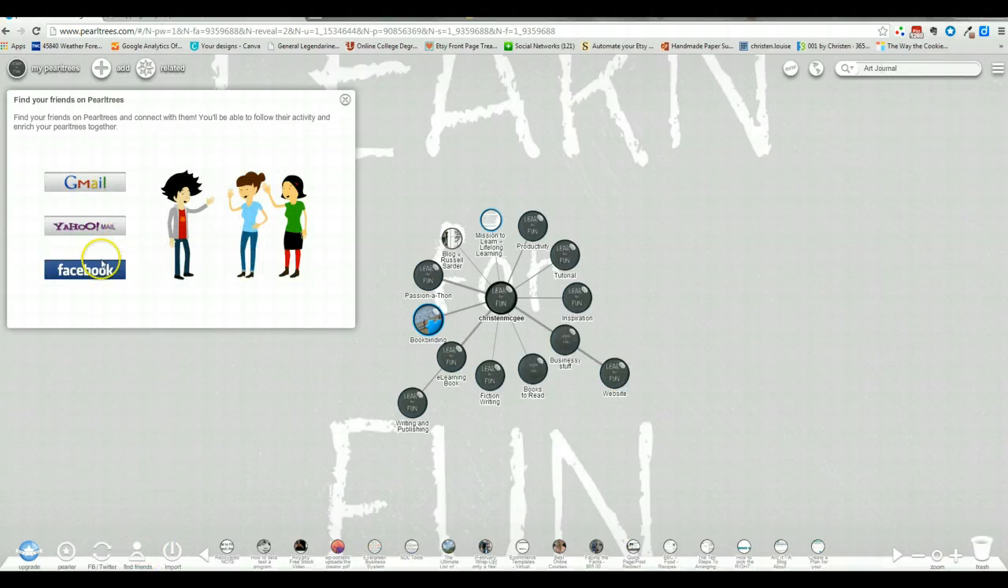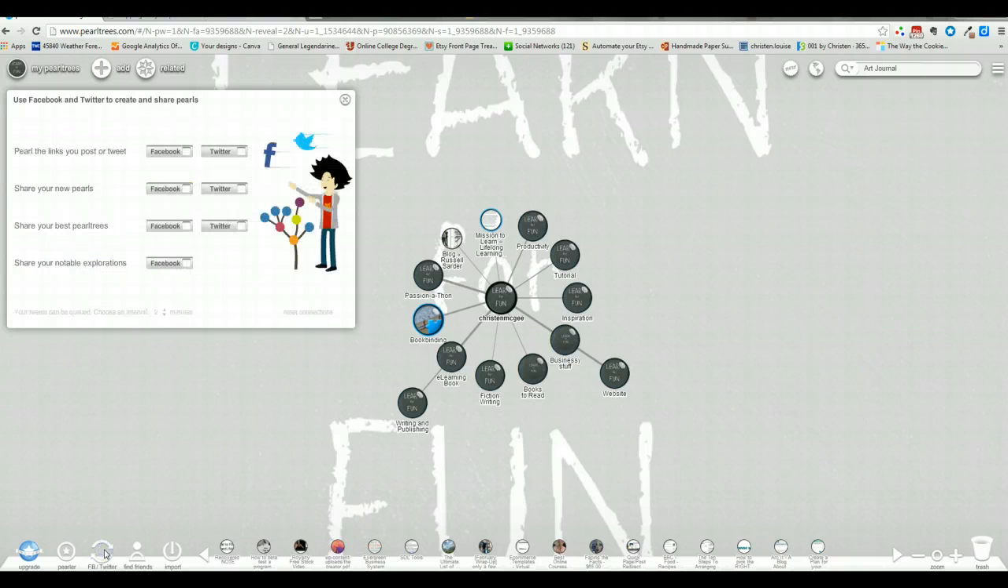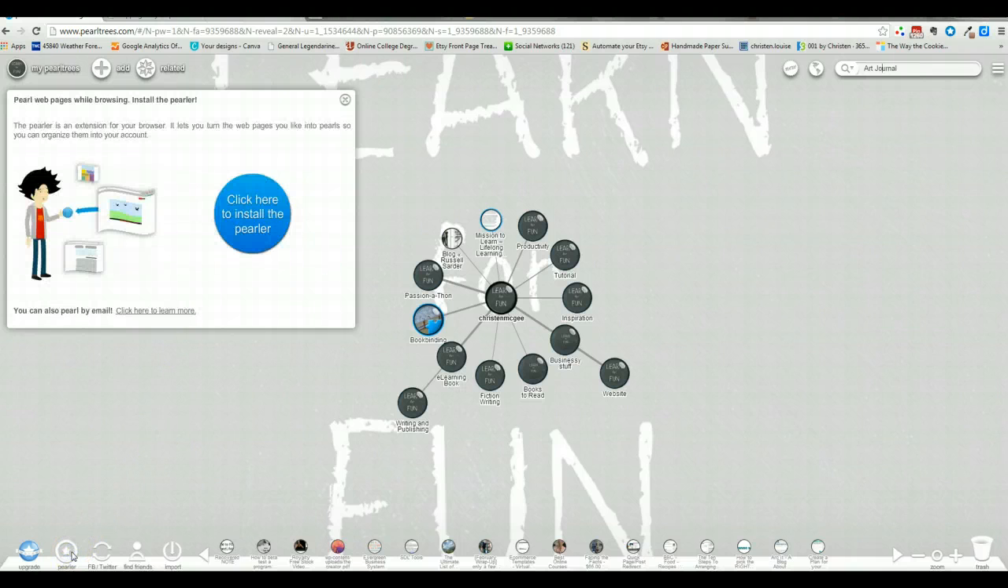You can find your friends from your email contacts or Facebook. You can automatically pearl all of your tweets or posts, or you can automatically share all of your pearls on Facebook and Twitter. Here's another place where you can find the pearler to install right into your browser. And of course they have a little upgrade button, so if you want to get the premium membership, you just click there. So those are the basics, and because this video is